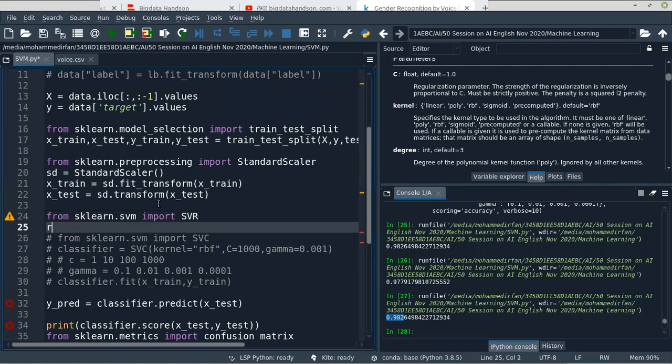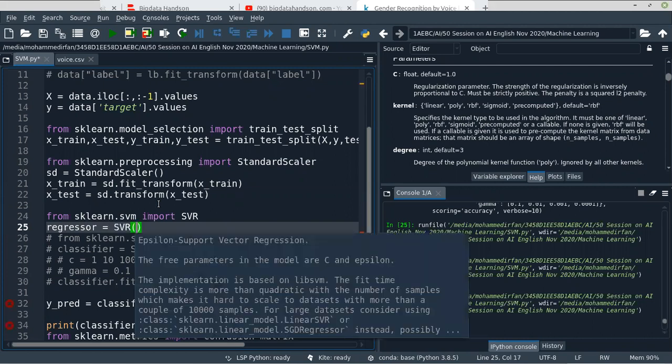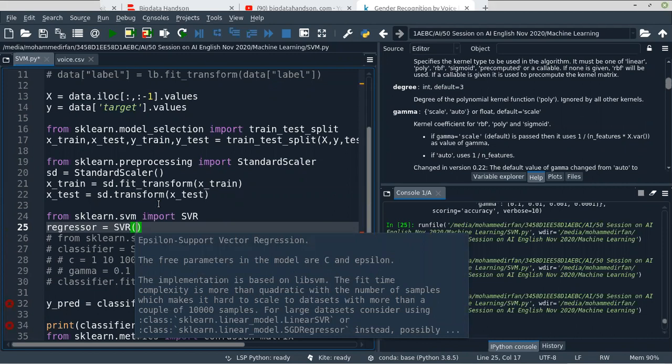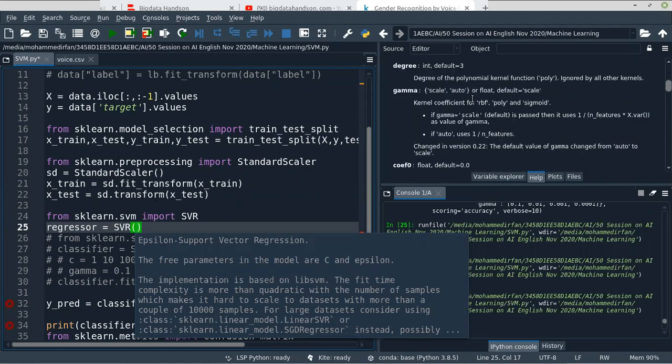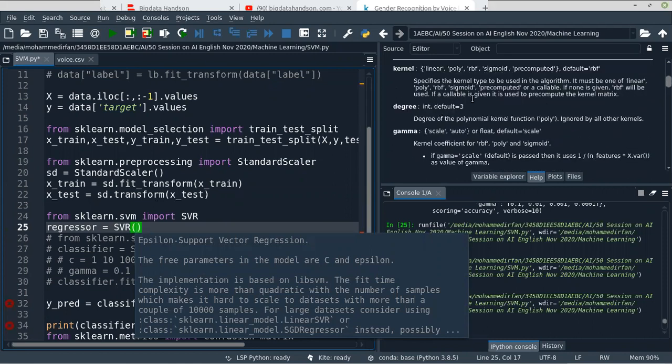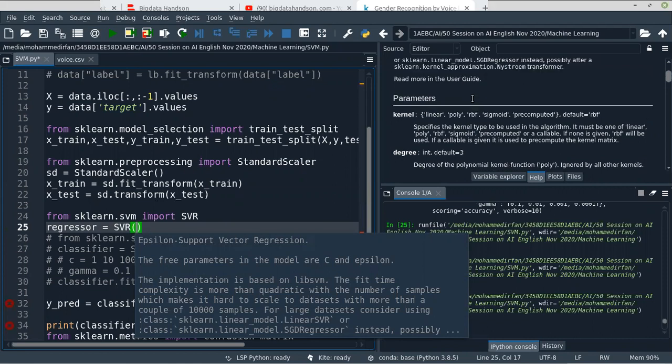Now we need to create a regressor using the SVR. Let's see what parameters it has. Yeah, the same parameters we have, but we don't have C actually because it's a regression.